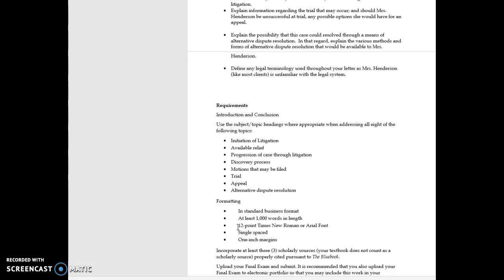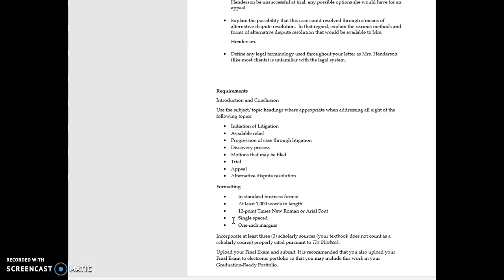Okay, and so you know from being in my class this whole session that I love, love, love headings, especially in this memo. This memo has a lot of information in it. So headings are huge. As you can see here, we give you a list of possible headings. You don't have to use these exact headings, but I would suggest that maybe you do, because then you would ensure that you have all the information that I'm looking for. It'll keep it organized, and it will really help your reader as they go through the memo